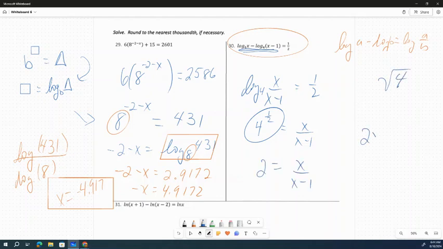I know I'm going fast, but like I said, we're reviewing for honors calc, so I know you guys have quite a bit of math knowledge. And I end up getting x equal to 2. Should always check your work. Make sure you don't zero any of these guys out because you cannot take the log of a 0. All right, don't forget